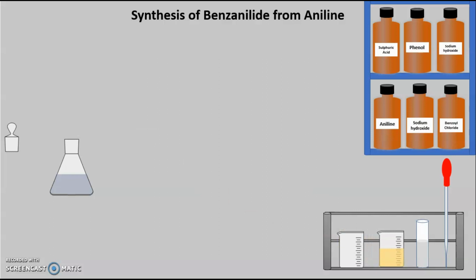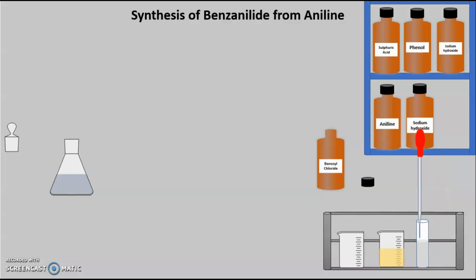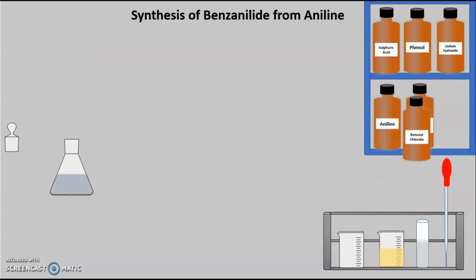After this, we are going to carry out the addition of benzoyl chloride, that is 3.5 ml, or you can say 4.3 gram of benzoyl chloride is required for addition. So here we are going to take this pipette, measure the 3.5 ml quantity of benzoyl chloride, and add it into this iodometric flask. Once we have added the benzoyl chloride, we have to place the stopper on this iodometric flask, and we have to carry out vigorous shaking.